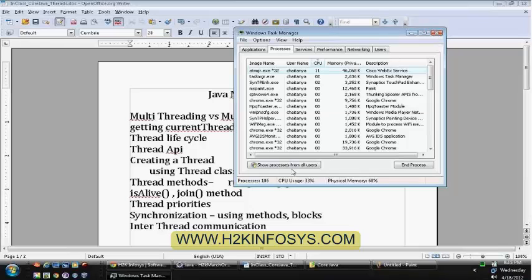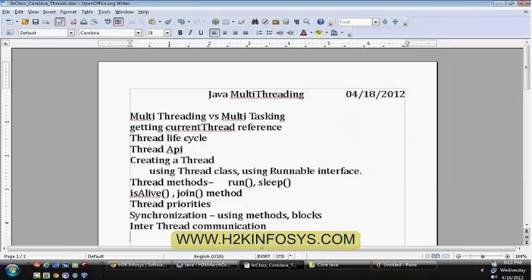And the CPU processors, you can see that 106 processors are available. Multitasking is nothing but your CPU cycle being shared between different applications. As you can see, all the processors are working parallelly, but your CPU will switch between the applications or between the tasks.